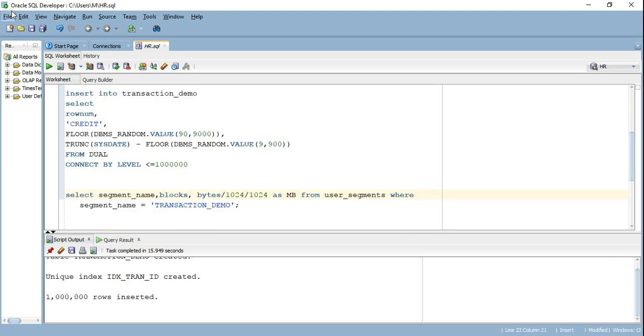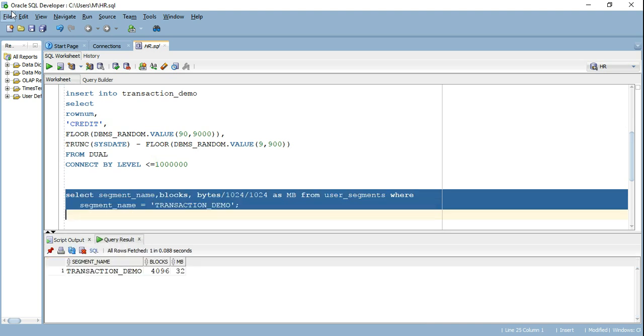So the data has been inserted, and as I mentioned, the table data is fundamentally stored on blocks. Let's see how many blocks were created when we created this table. When I loaded the data in this particular table, it consumed 4096 blocks of data, which amounts to 32 MB. So that's the number of blocks that were created. This clarifies that yes, the fundamental unit of storage for an Oracle database is a block.